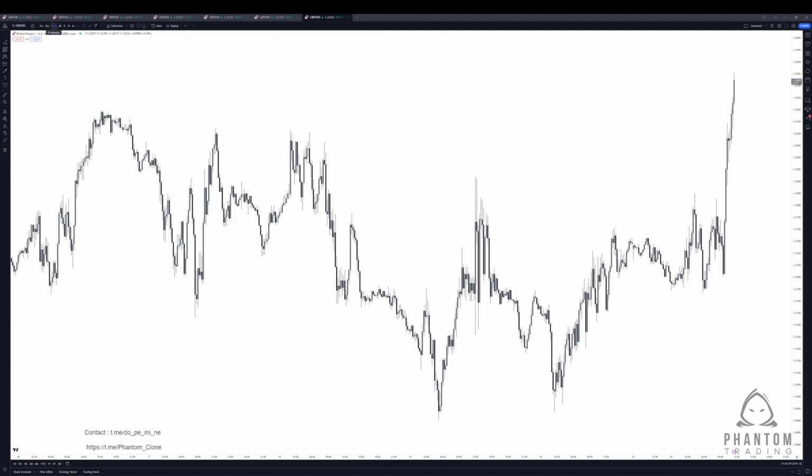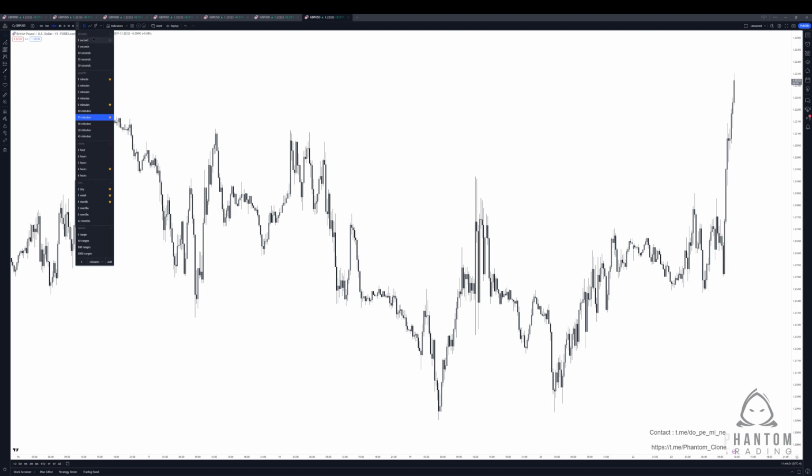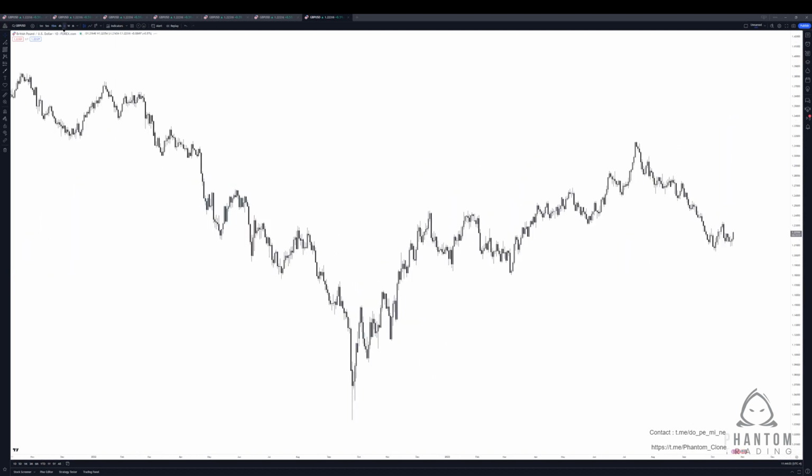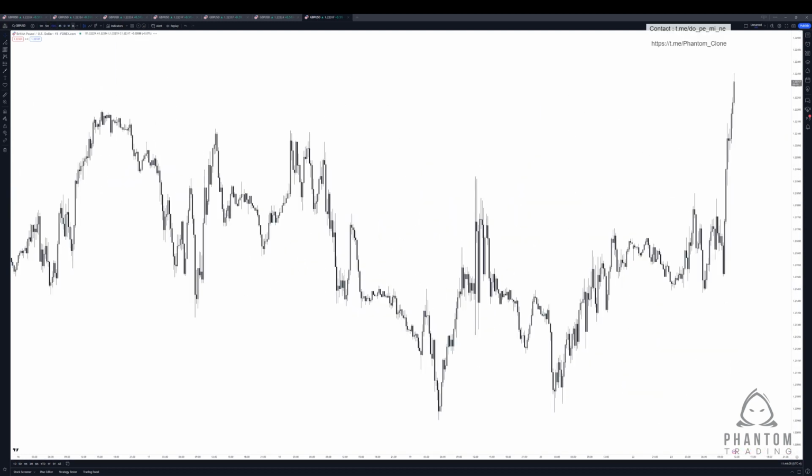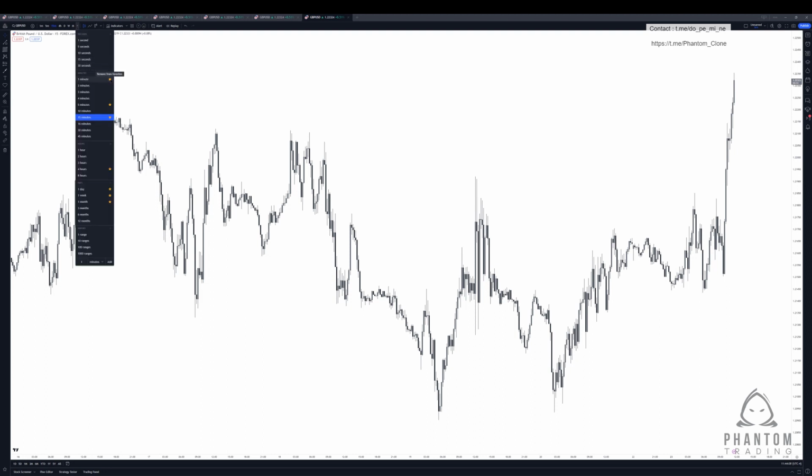Now what we'll do is we will look at the time frame settings. These will be very quick access to all of the various time frames that you'll be using for your analysis. If you want to favorite something, you can click the little star icon and it will add it. The ones that we tend to use a lot when we're doing our analysis with the Phantom trading strategy: the monthly, the weekly, the daily, the 4-hour, the 15-minute, the 5-minute, and the 1-minute. So make sure that you star those ones. You can add any different various timeframes if you feel the need, but generally speaking, we usually stick to these